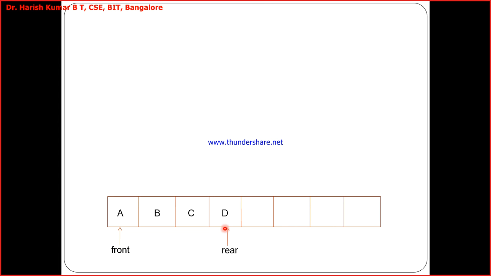Yes, sir. And this is again a linear data structure, but in linear, what type of data structure is it? Stacks are last in first out, LIFO data structures, but this is a FIFO data structure, first in first out. Similar to the normal queues which you stand in during your daily life. The one who is standing first in the queue will be the first to get out of the queue, and the person who comes will be added to the rear end of the queue.